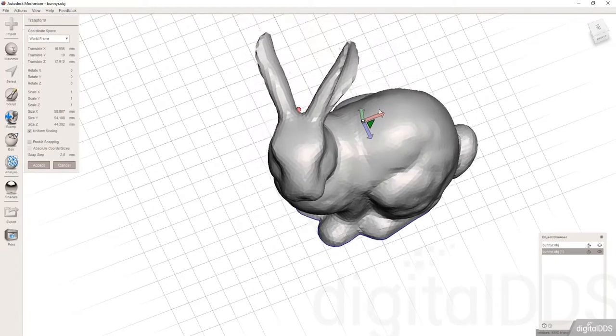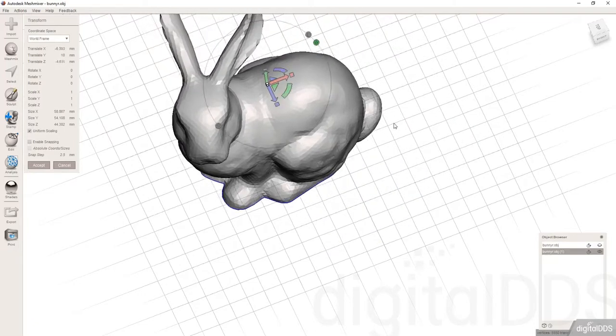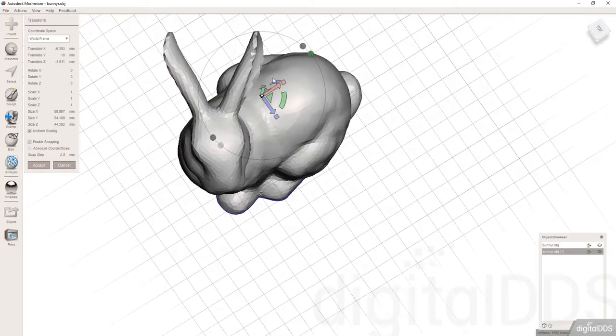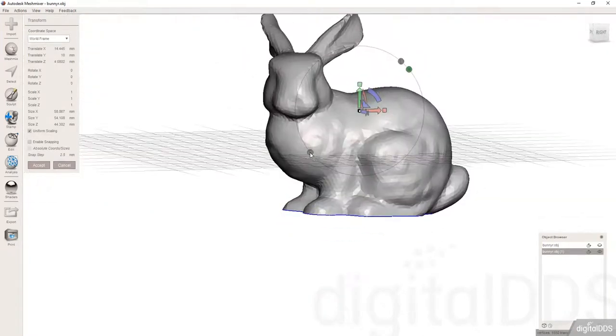What I've found through teaching courses is that often that's selected when you first do an installation, and or people accidentally turn it on, and then they raise their hand and say, hey, why is it doing it this way? Why is it hard to see, and I can't make fine movements because it keeps wanting to hop over 5 millimeters. And so that gives you an idea on how